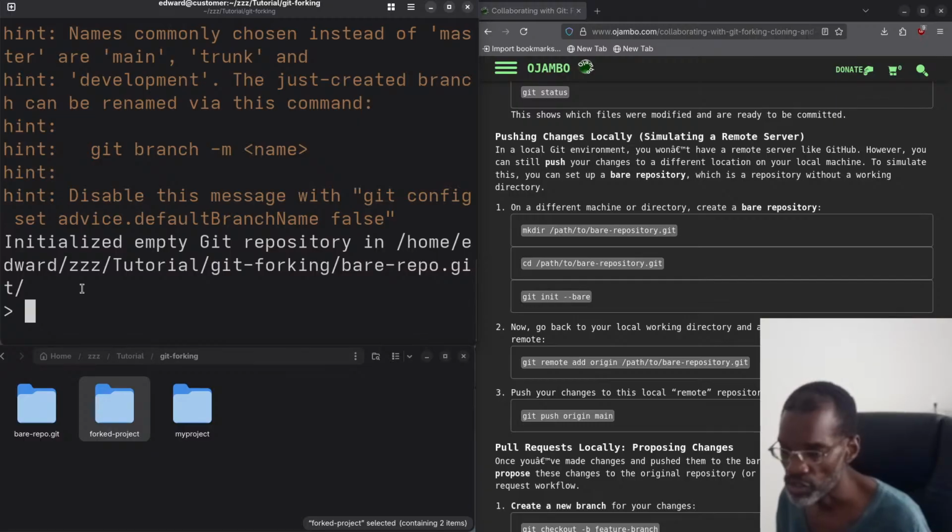So what I'm going to mimic here is a remote repository. I could have used my project as a remote repository, but I want to create a true remote repository, one that doesn't have a working folder. So if we go to this git bare